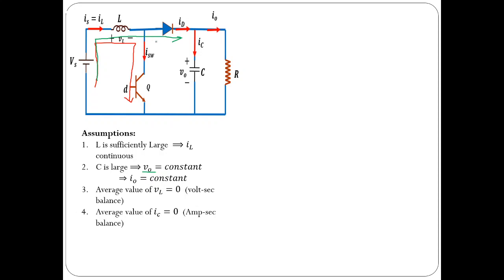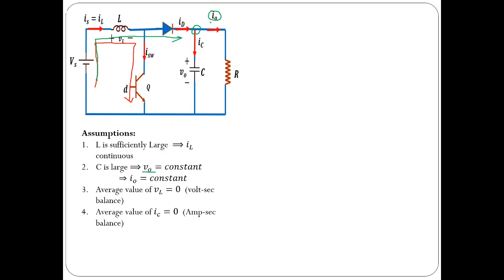And we also know that the current through capacitance, its average value is 0. And by applying KCL at this particular node, you can see that as long as diode is conducting, this current is same as diode current minus the load current. What is that period? That is the period when this diode is conducting, that is during the off period. And whenever the switch is on, diode won't conduct, diode current is 0. So simply this current through capacitance is same as minus I0.